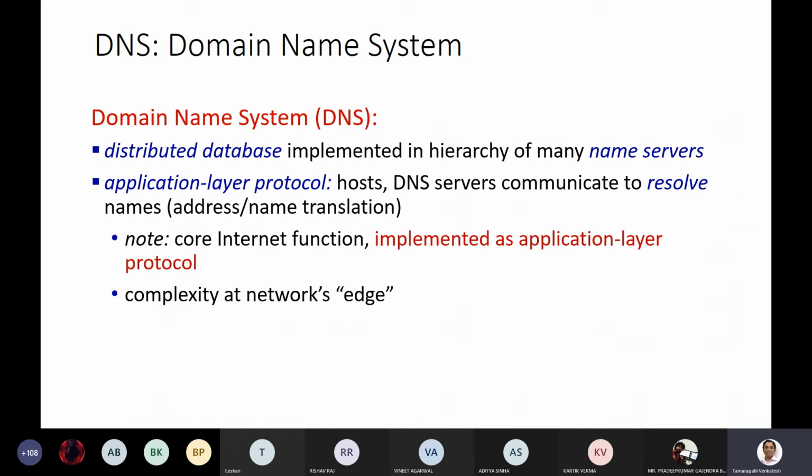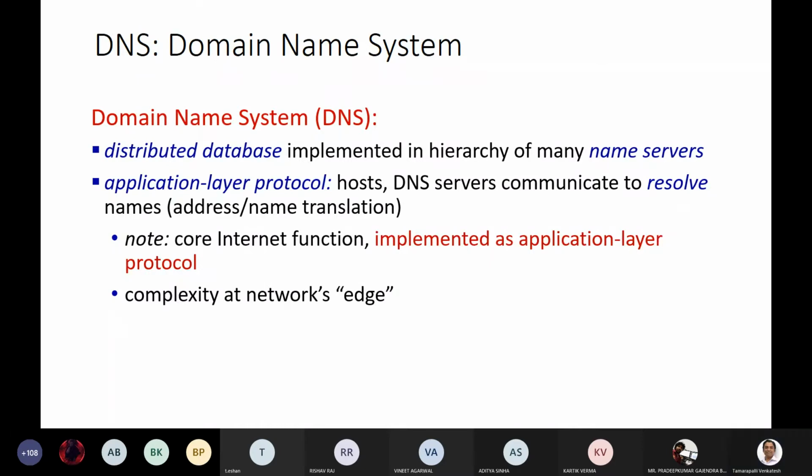So DNS has two components. One is that it's a distributed system that implements the resolution process or the directory service with a hierarchy of name servers. Plus, it also has an associated application layer protocol, which we popularly call DNS. So sometimes it's not clear whether you are referring to the protocol or whether you are referring to the system. Both are not independent. You have a protocol for accessing this domain name system, and that protocol itself is also called the DNS protocol.